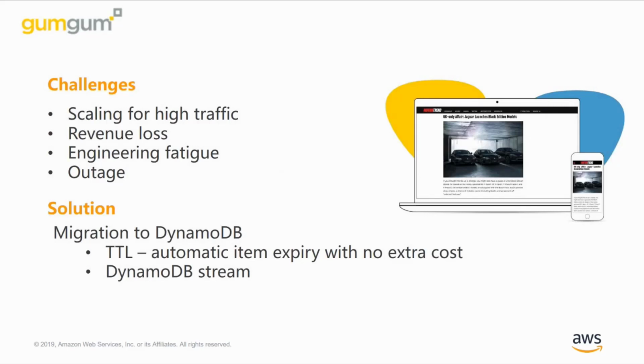Here is another story from GumGum. The digital advertising platform of GumGum employs proprietary AI and computer vision techniques. They have a requirement to store massive-scale metadata of images, pages, and users that can handle extremely high traffic with very low latency. GumGum deployed Apache Cassandra with more than 100 nodes running on i3.2xlarge EC2 instances across multiple geographic locations. The scale of their database was growing every year, and their Cassandra cluster started becoming unstable with occasional outages. In digital advertising, outages are an expensive affair which cost considerable revenue loss as well as being exhausting